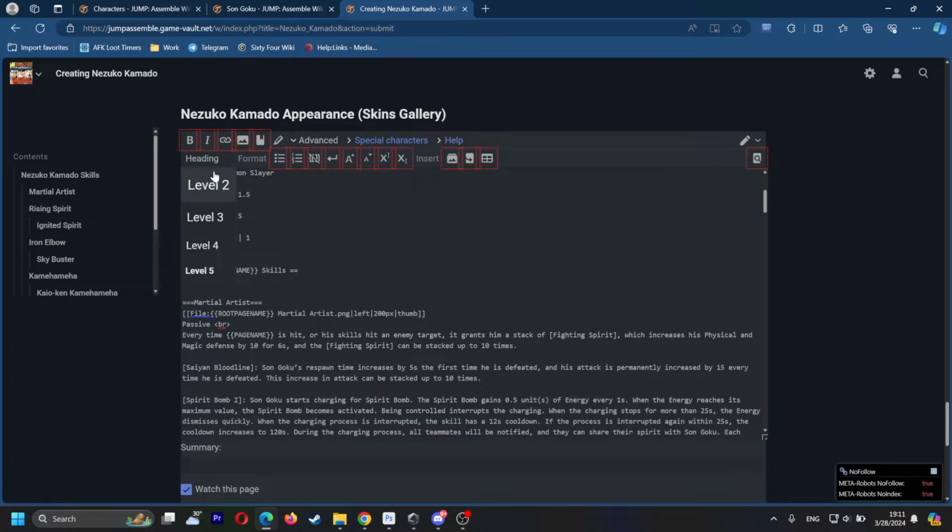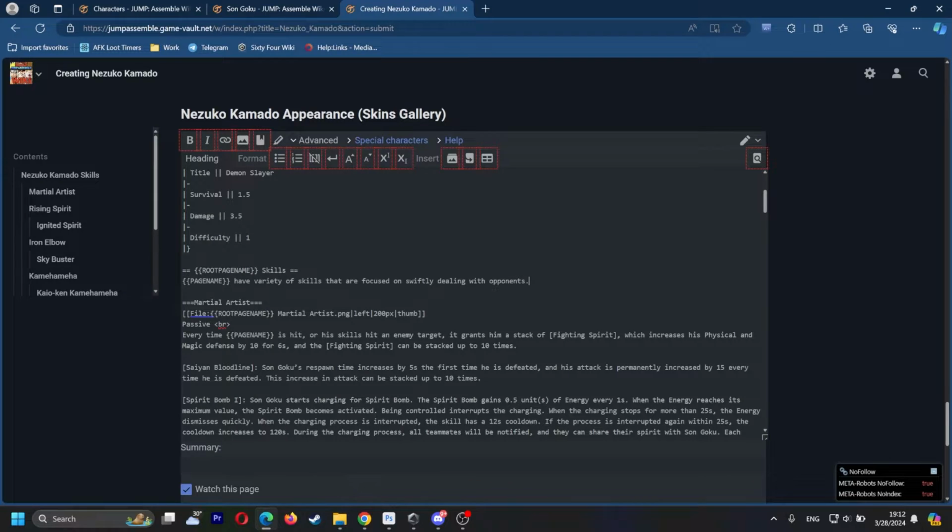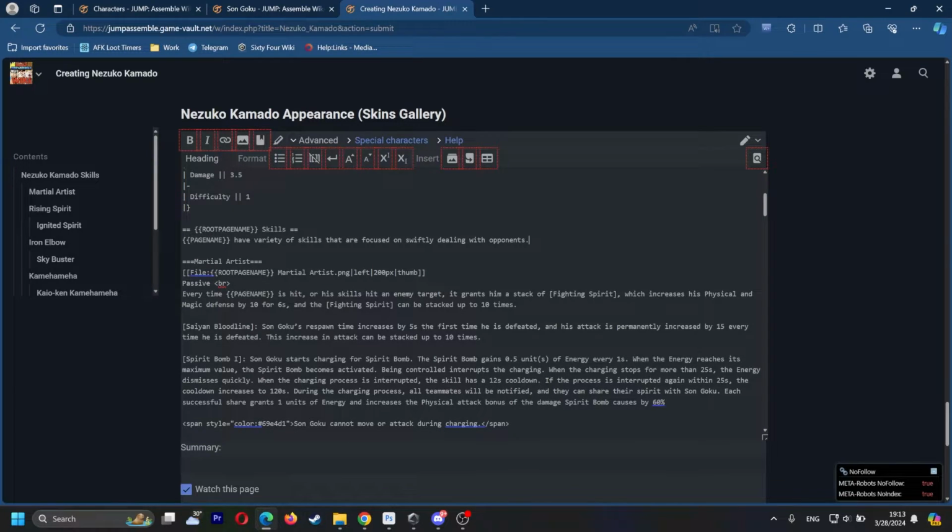So you would like to have several level 2 headers that will be in the table of contents on the left, and you can see that it's pretty nicely structured. So follow that, and if there is no text after the header, it's usually not the best thing, so you might want to change that. It can be short, but it's better to get a more detailed explanation, but you need to know what you're talking about. I haven't played this character yet, so I will leave just a basic sentence here,